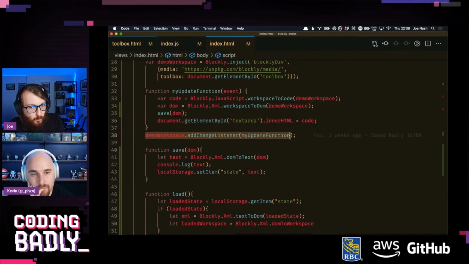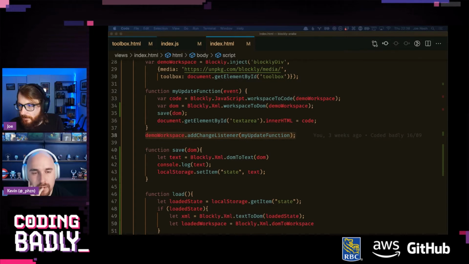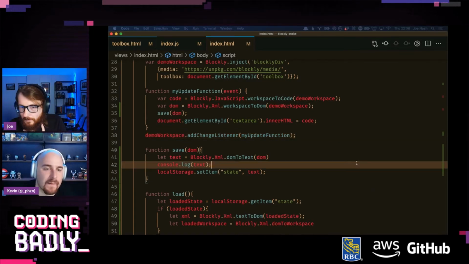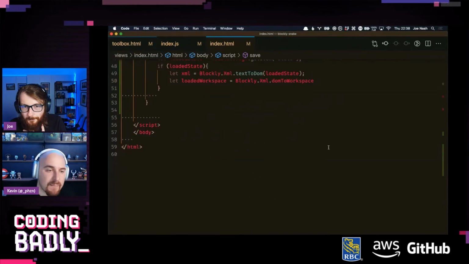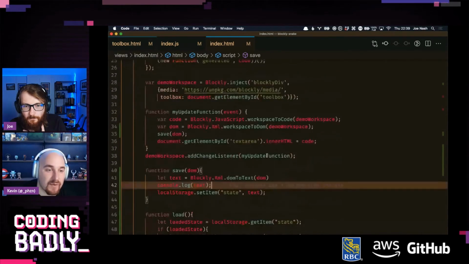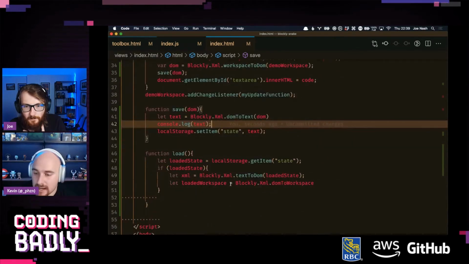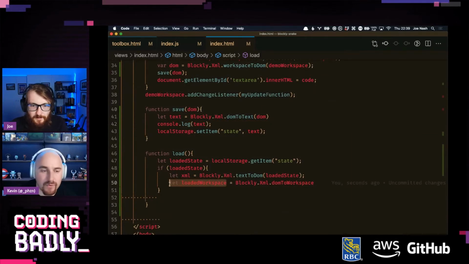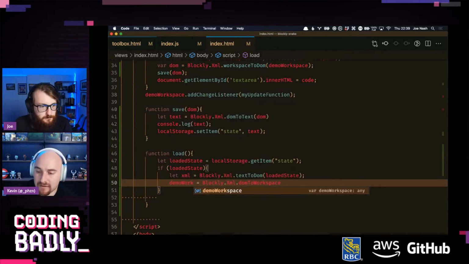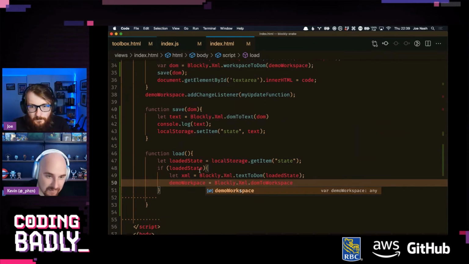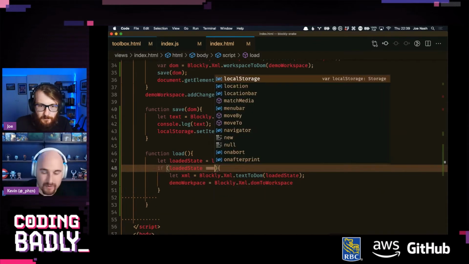We've got... Like, it's going to change how all this works, right? Maybe. I think we could just use demo workspace. It's a global variable. But remember, we've not called load yet, so we just have to make sure we call load once it's created. Sure. Matt, I'm not sure when you posted these comments. Might need to check if it's null. I think get item returns null if the key doesn't exist, and we're doing that.